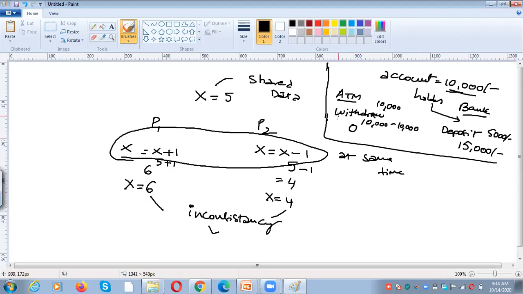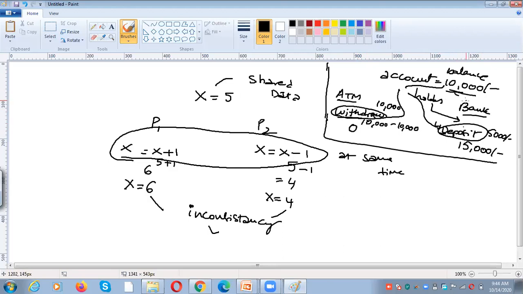Whenever you withdraw using the ATM, and at the same time you deposit an amount at the bank, both the withdraw operation and the deposit operation are performed on the same account balance. If we withdraw, it will be deducted from the 10,000.